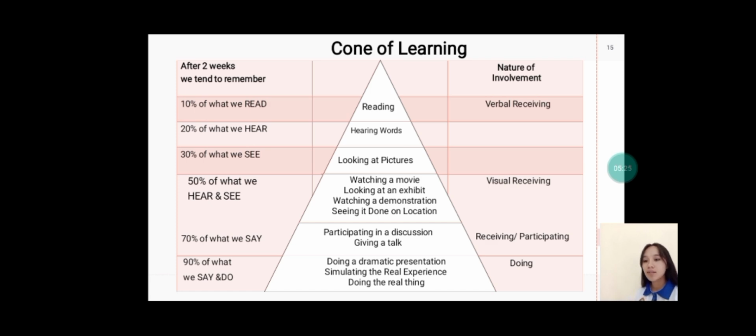Then, at the fifth level, after 2 weeks, students tend to remember 20%. This level involves listening to information through lectures, sermons, and